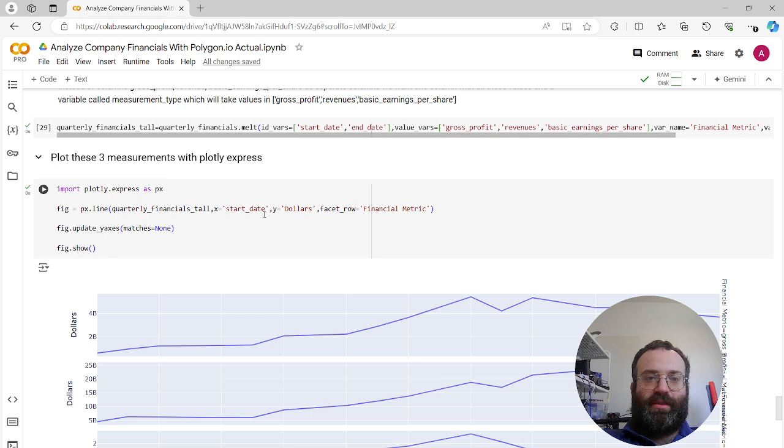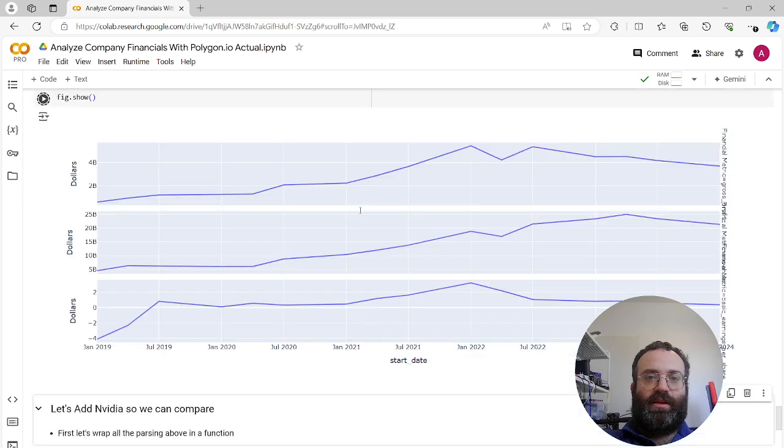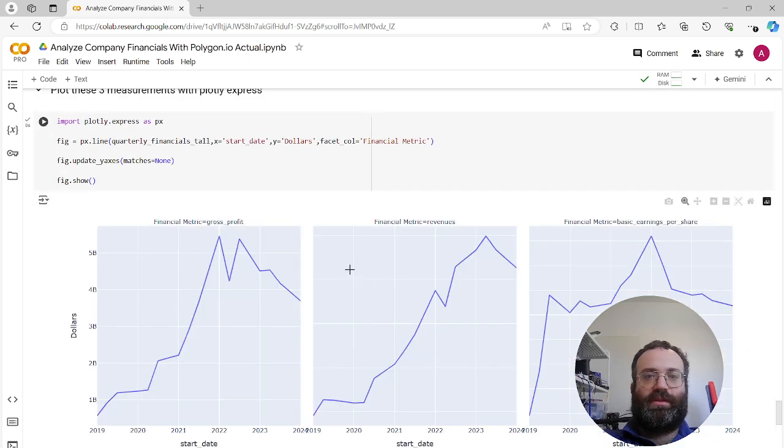But just real quick, the facet row kind of means you'll have a row for each of these different metrics. So for gross profit, revenue, and basic earnings per share. And if you do facet column, you'll have like 3 columns. Let me just show you guys how it looks for a second. So facet column would have 3 columns. But one benefit that facet column has is it has the metric name on top,